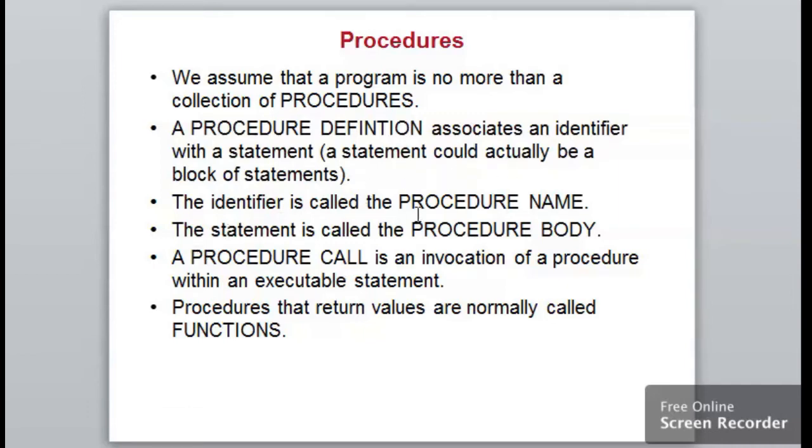The identifier within the procedure definition is known as the procedure name, and the statement is called the procedure body. A procedure call is an invocation of a procedure within an executable statement. Procedures that return values are normally called functions.